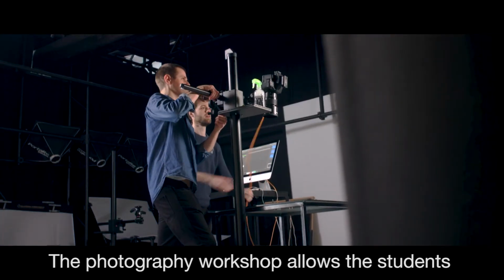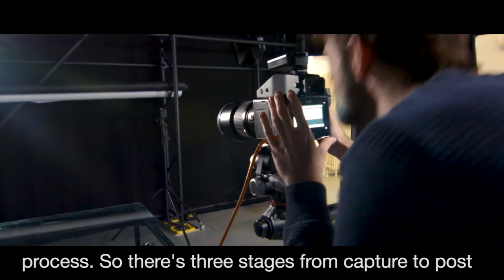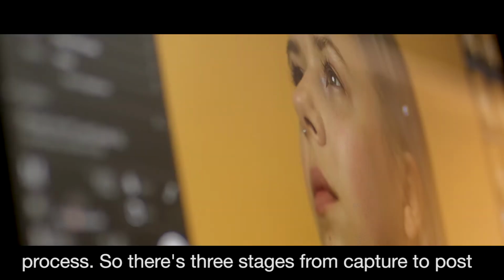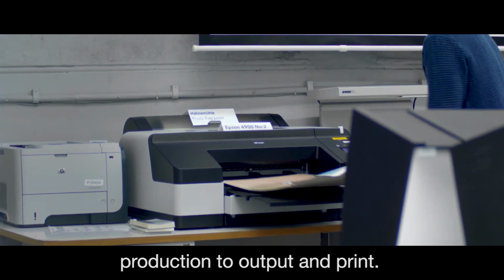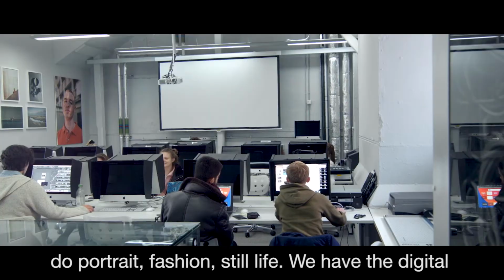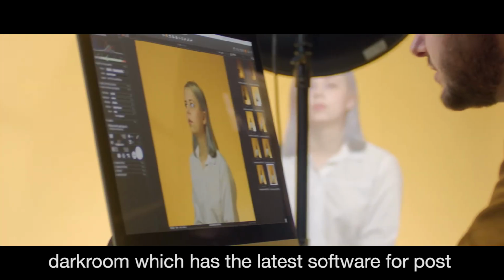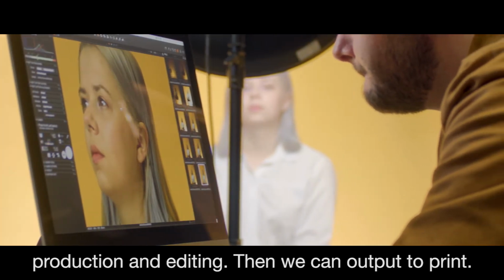The photography workshop allows the students to do everything they need within the photographic process. So it's 3 stages from capture to post-production to output and print. So we have a studio environment. You can do portrait, fashion, still life. We have a digital darkroom which has the latest software for post-production and editing, and then we can output to